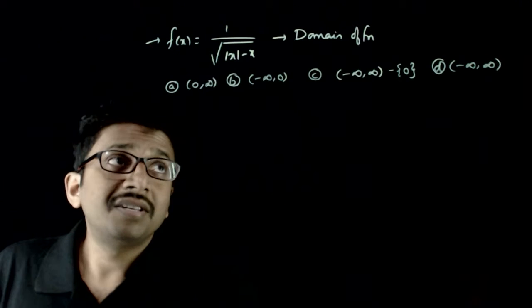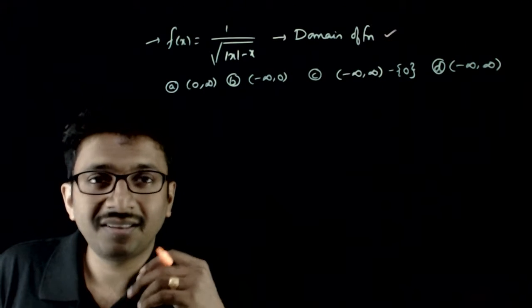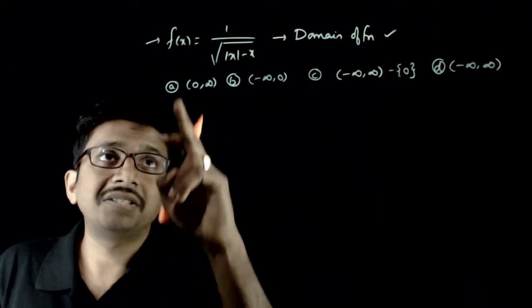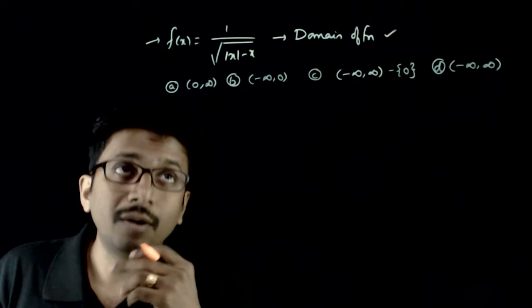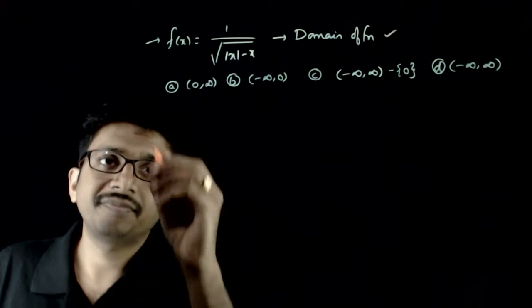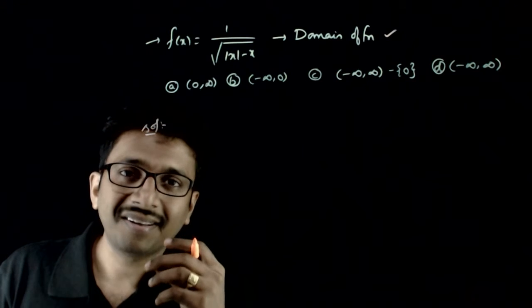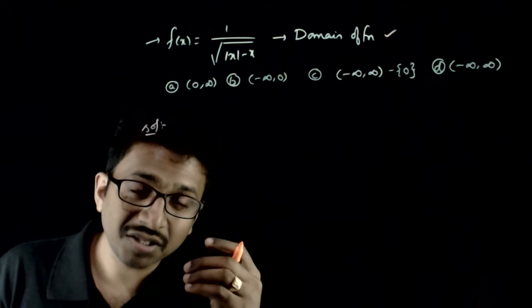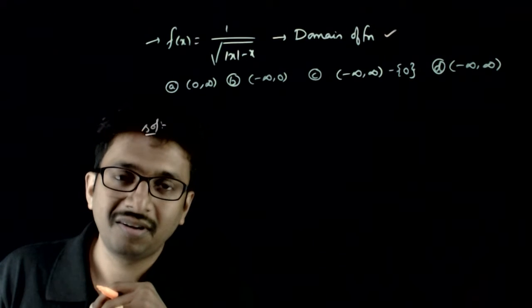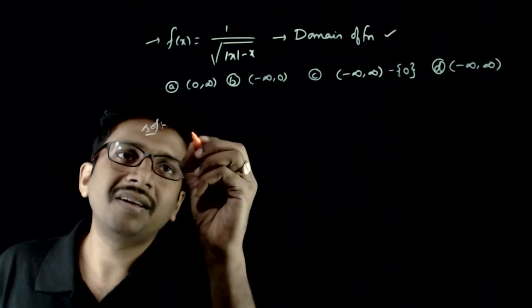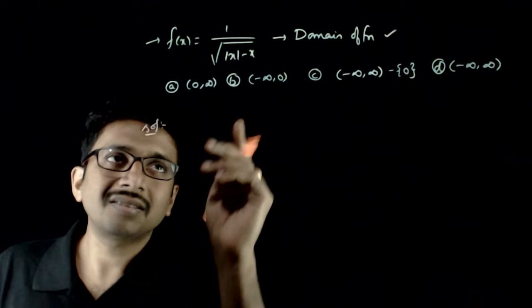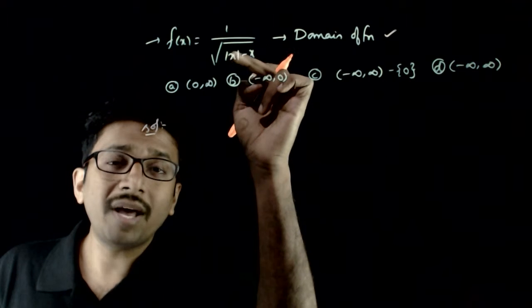So welcome students. In this question you are asked to find the domain of the function f of x is equal to 1 by root of mod x minus x. So what are the conditions where this function is defined, or what are the conditions where this function is not defined? For this function to be defined, the simple condition is, you have a square root in the